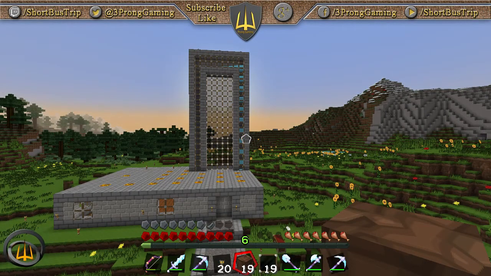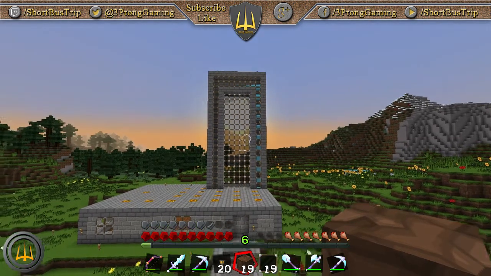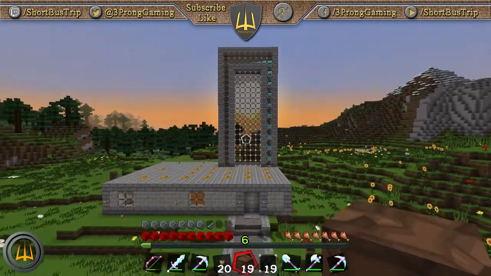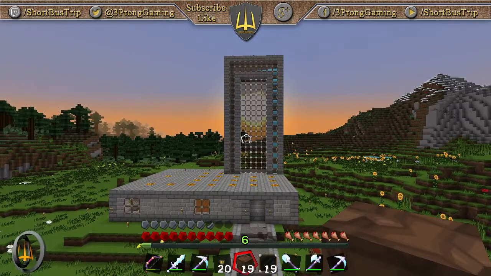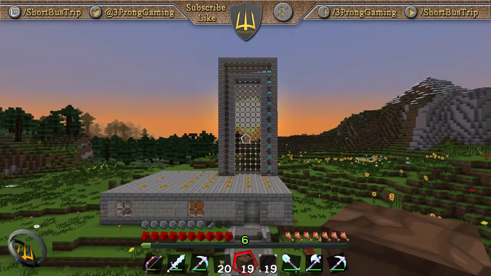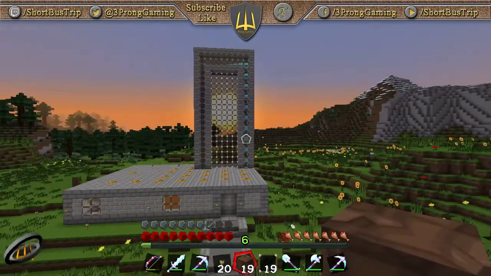Alright guys, here we go. Guys and gals, I'm sure there's probably a gal out there watching. Here we go, that's what it looks like. I think it came out pretty good. It'd be nice if it was, oh, I can't even think of it. You know, the texture pack where everything was meshed together. Anyways, yeah,